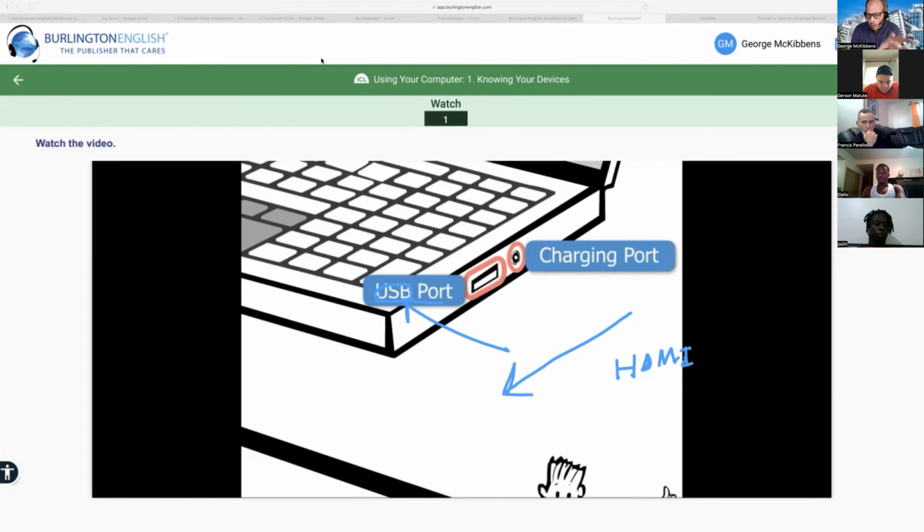You want to play what's on your computer on your TV, right? So you're watching a show or something on your computer and you want to plug it in to watch it on your TV. You need one of these. I see, it's different. Who could tell me what kind of cable this is?